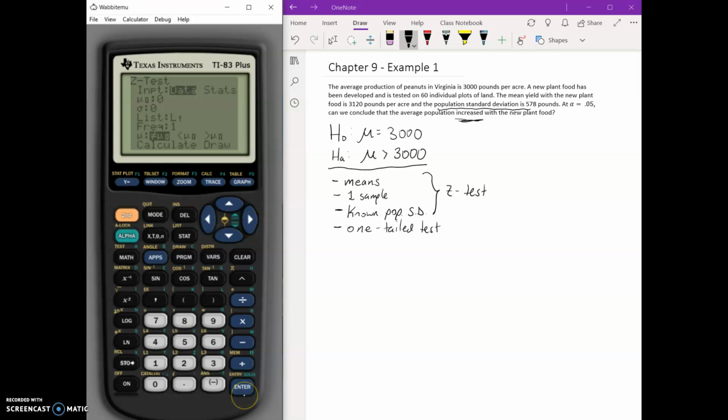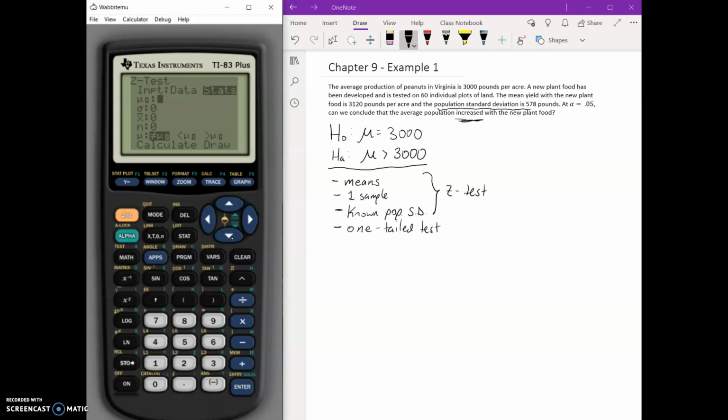So the data option, notice that you have a few things below. You have this mu sub 0 we'll talk about, our sigma, and a list. List is where we've entered our data in the past, so we don't have data. We instead have already calculated statistics. So we're going to use the stats option, and we're going to enter in our information from this question into